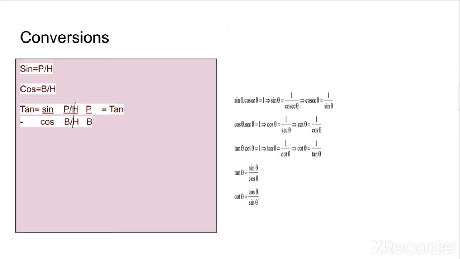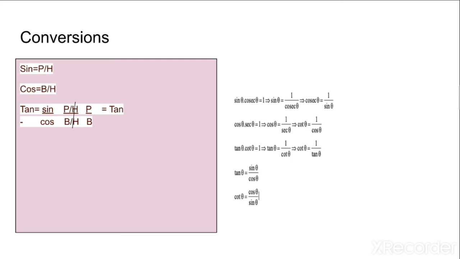You will have such questions in your upcoming exercises. You can easily know which one is the reverse of which. That means the product of those two is equal to 1. You know sine reverse is cosec, that means sine into cosec is equal to 1. Tan reverse is cot, that means tan into cot equals 1. Did you get my point?